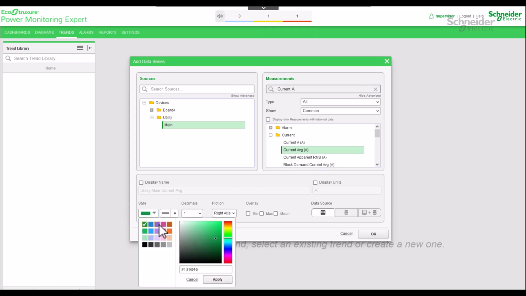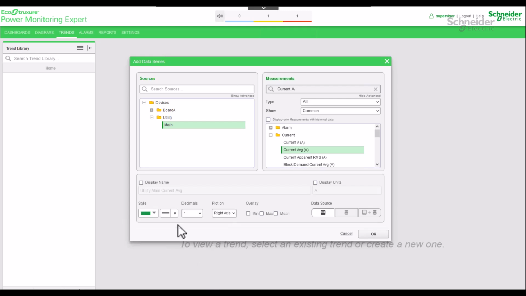In the bottom, I have the option for changing the color. I can also change the width of the data series, change the data series value decimals and left or right axis for the data series.